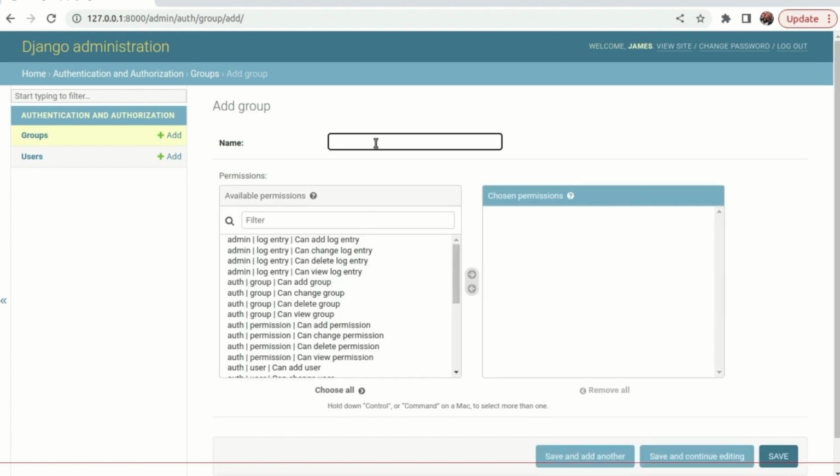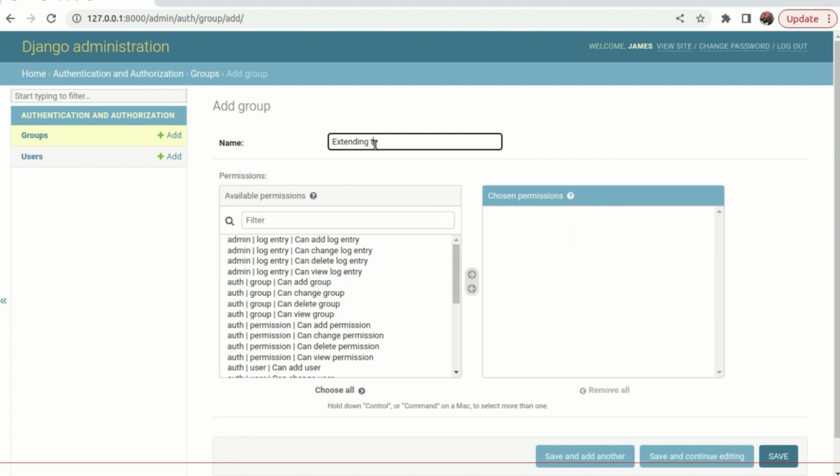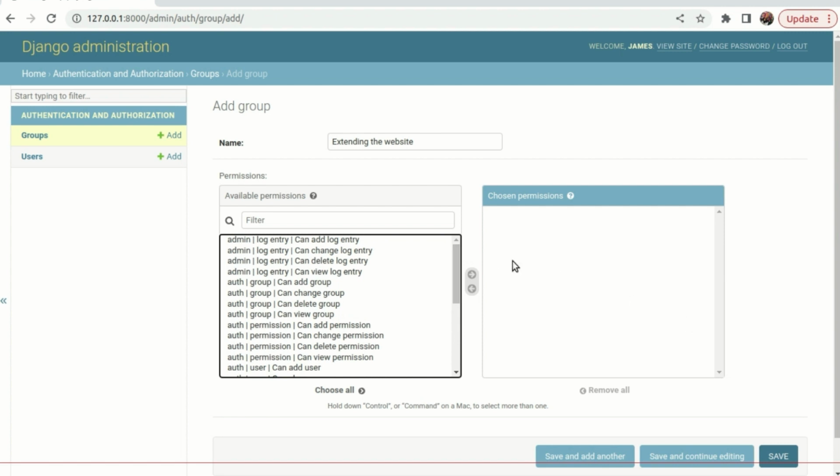So you can name this extending the website. So here you can add many of the categories that we have right here. So you can add the group, you can add admin log entry, log entry, and so on. So you can save this group,